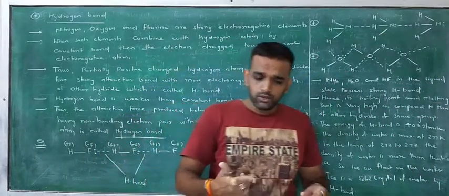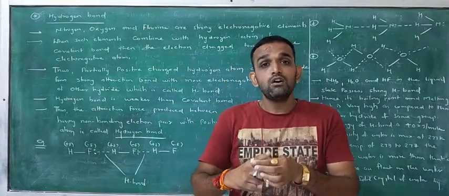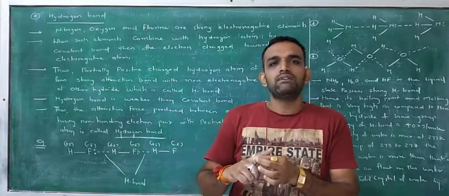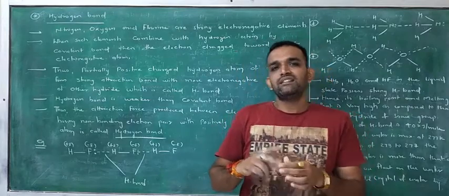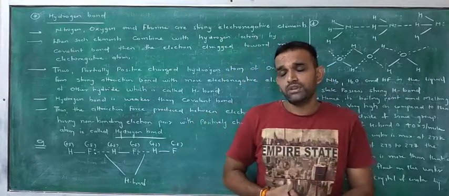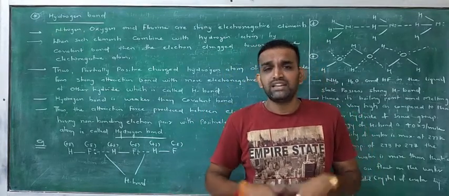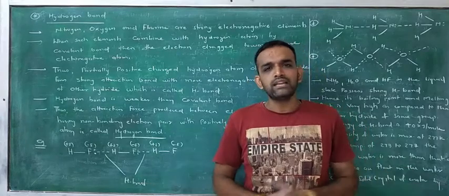Right? So in this video we have discussed the intermolecular attraction as well as the hydrogen bond, and we have also discussed the energy level diagram, bond order, and lastly the magnetic properties. Right? So in the next video we are going to discuss the importance of hydrogen bond, then types of hydrogen bond, and then metallic bond.